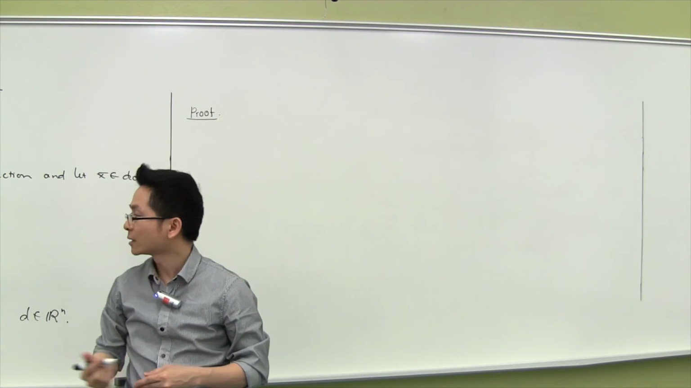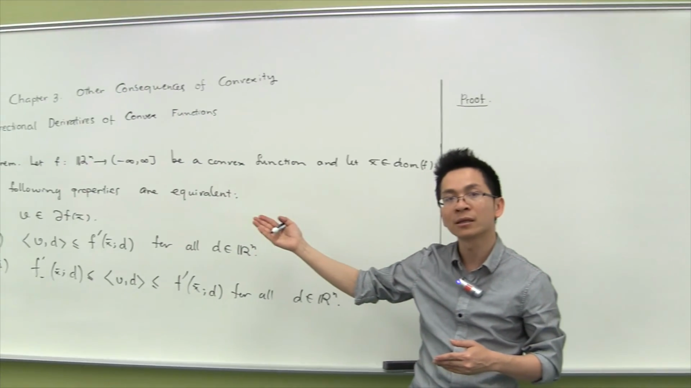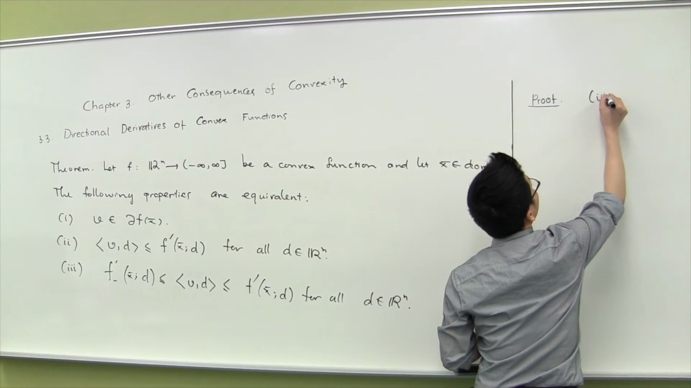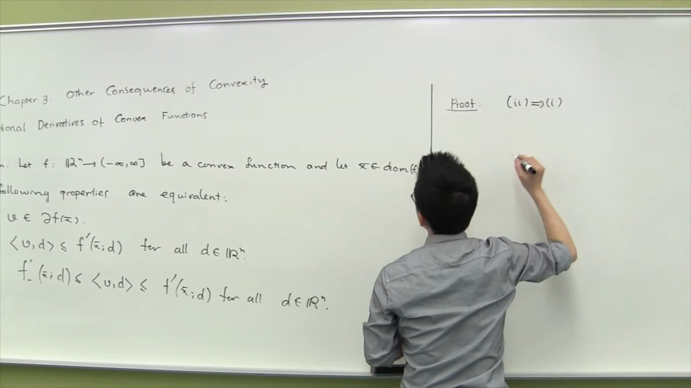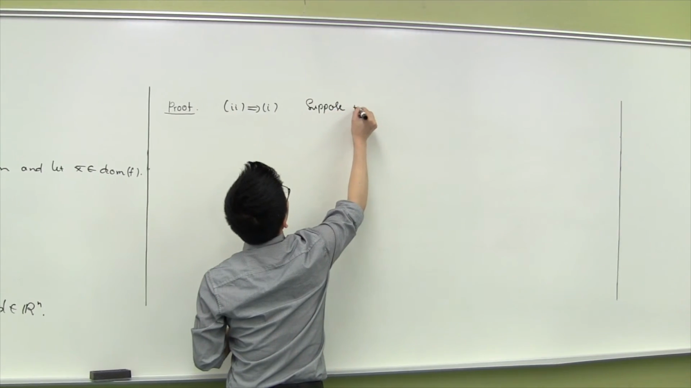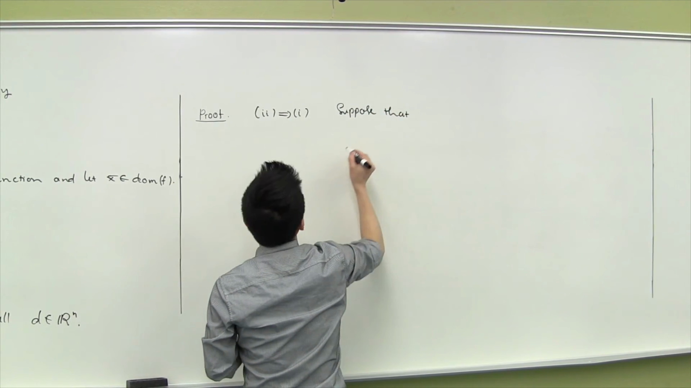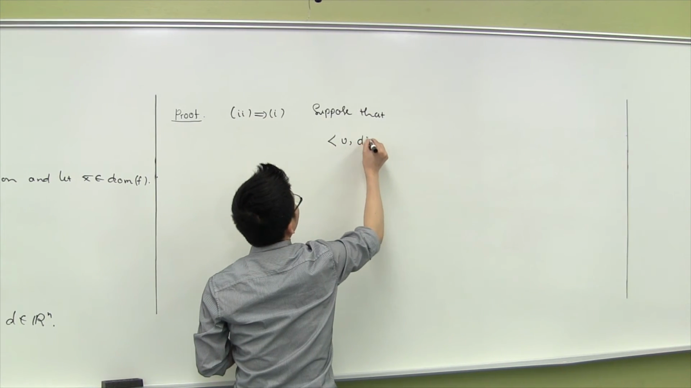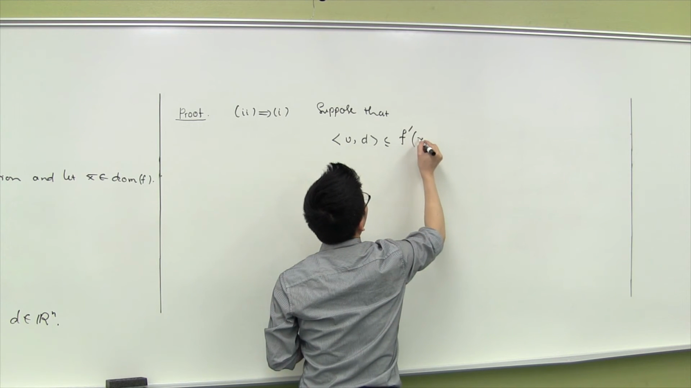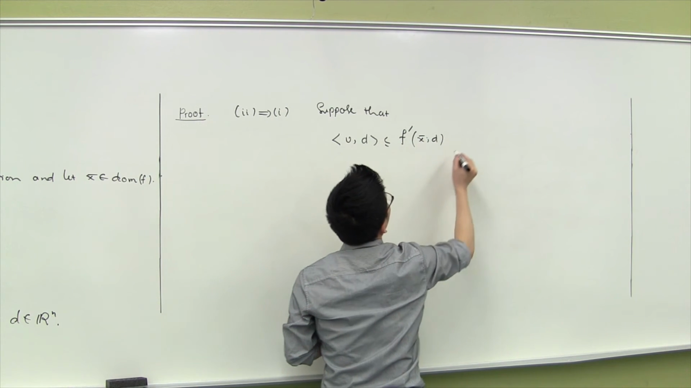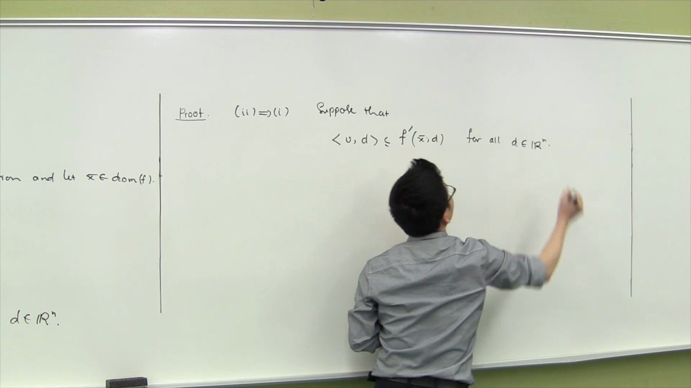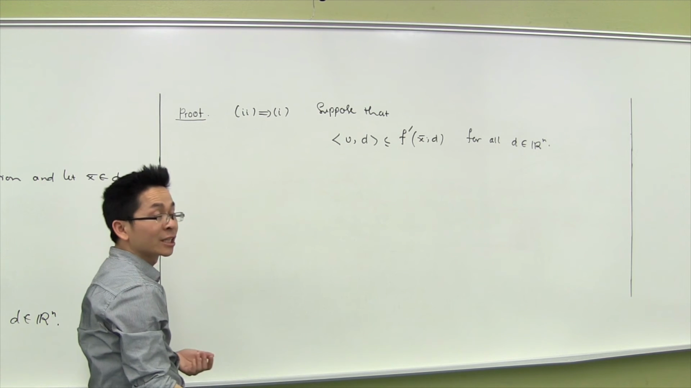Now let us show that the second property implies the first property. Here we suppose that the inner product of v and d is less than or equal to the directional derivative of f at x bar in the direction d, and this is true for all d in Rn. Okay, by the previous lemma,